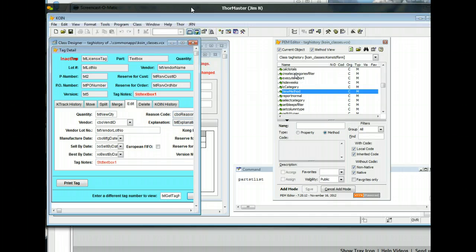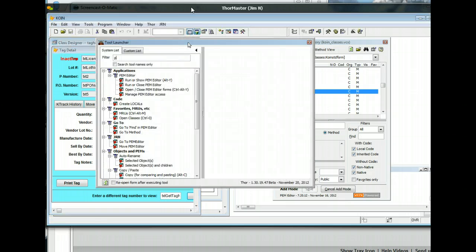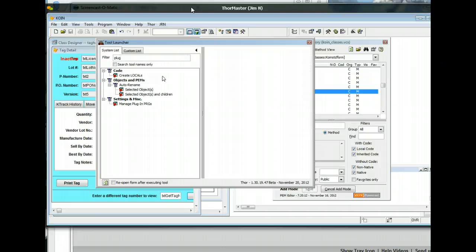Now, one of the things about all these features that I've been showing you is that people have their own peculiarities about the way they work, and so what they'd like to do is have plugins which can change the basic behavior. So if I go back into Thor, into my launcher, and you can say plugin, plug right here, and there is a tool